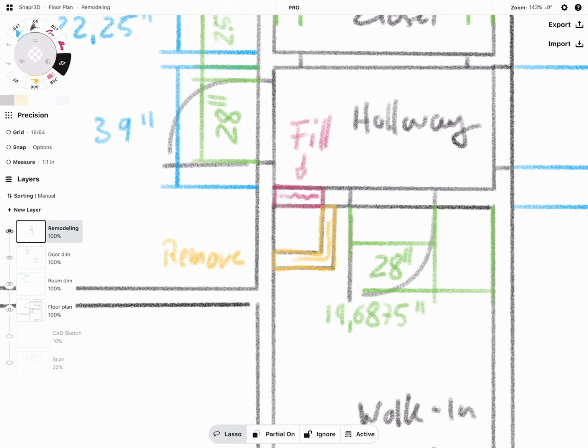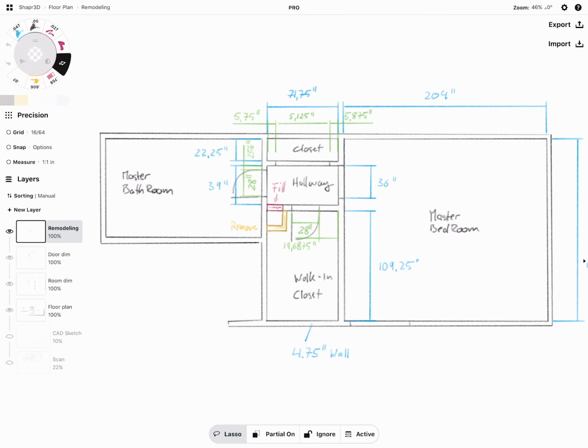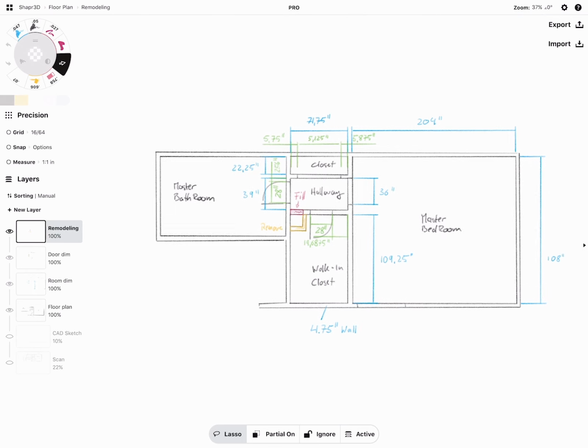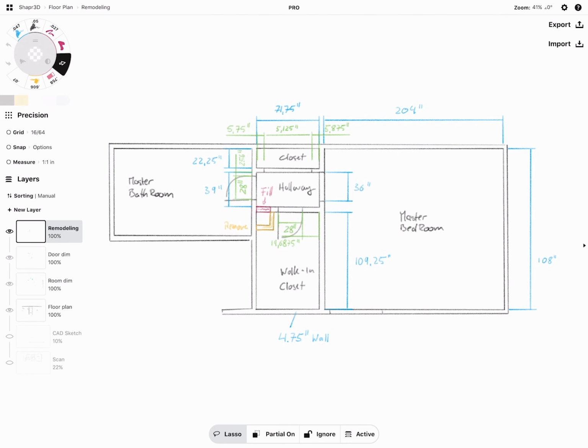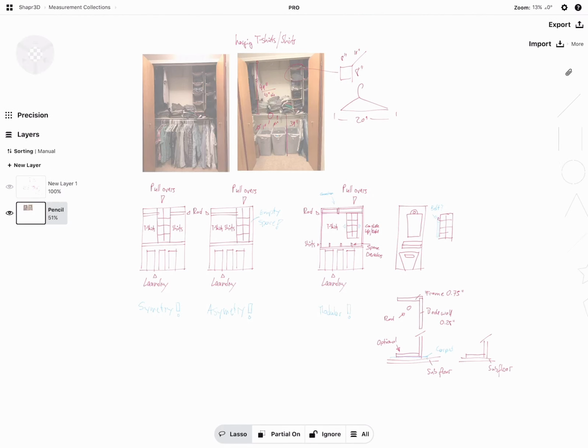Now this again is done in Concepts. I use this program a lot when I'm on a site to take photos and take dimensions, etc. If I go to this document here, let it load for a second. There you can see how I took images of the property and started documenting it on the spot, creating different